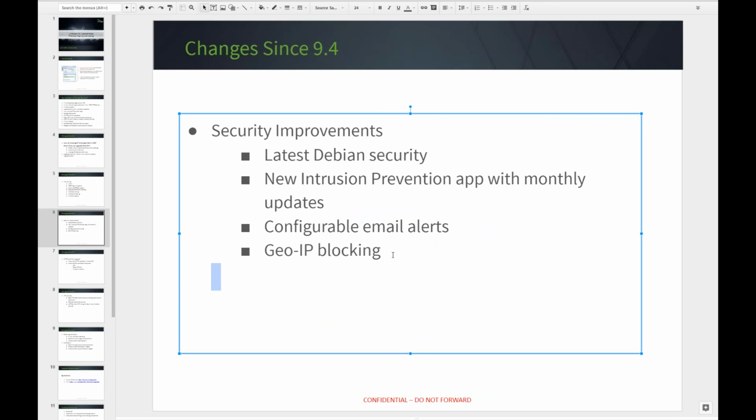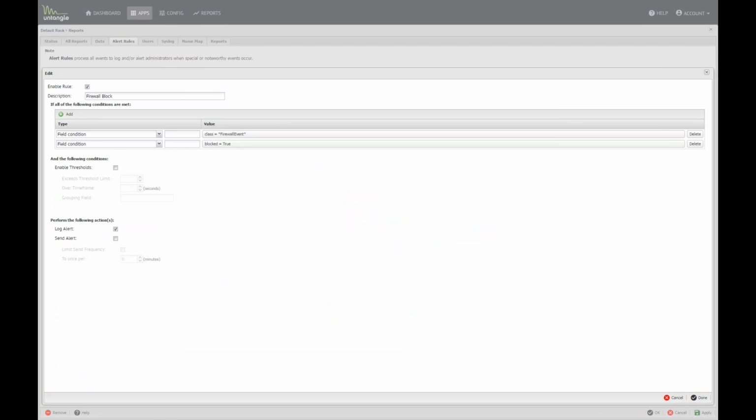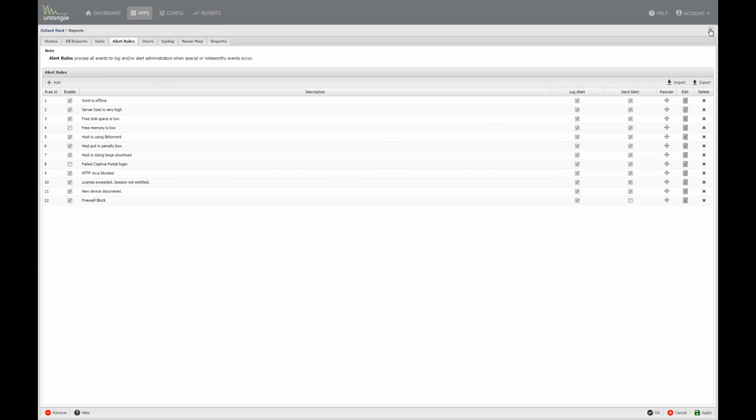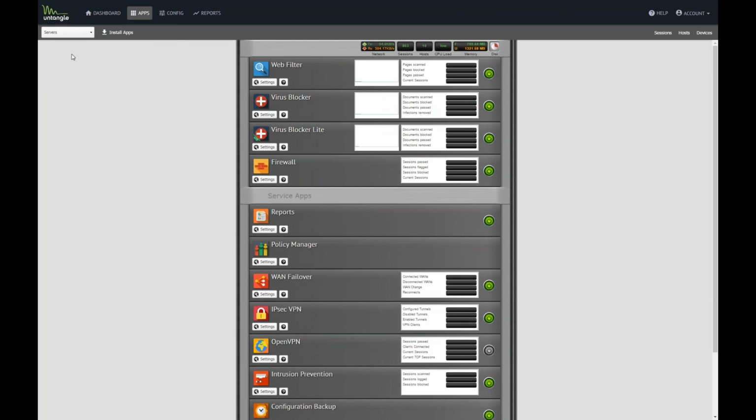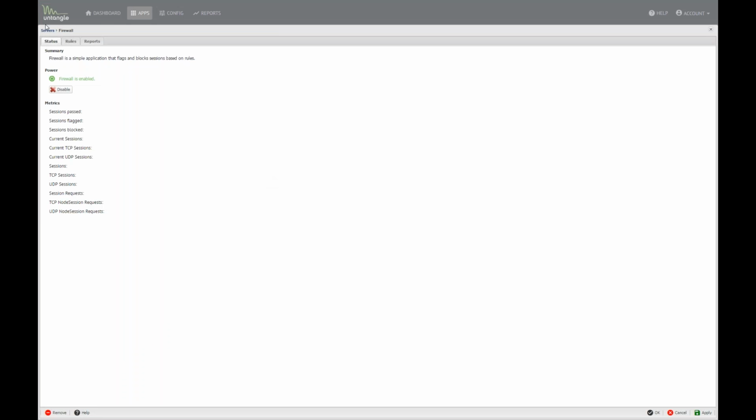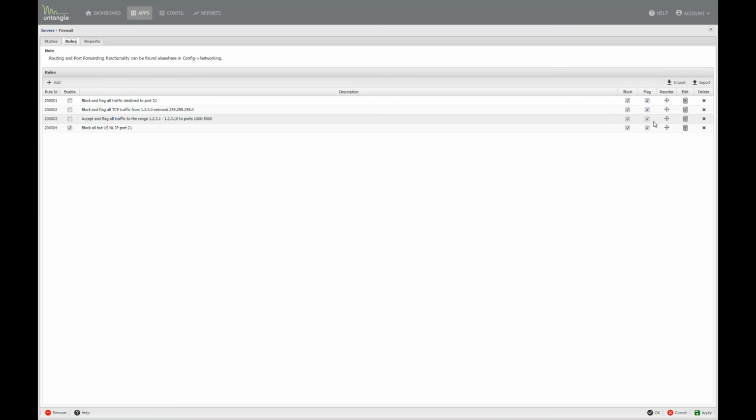Geo-blocking. So now you can actually block by country, and that makes it pretty useful. For example, in this case, we have an FTP server, and we know the FTP server only has connections to United States and Netherlands. So I just pretty much block everybody else. I just create a real simple rule here,